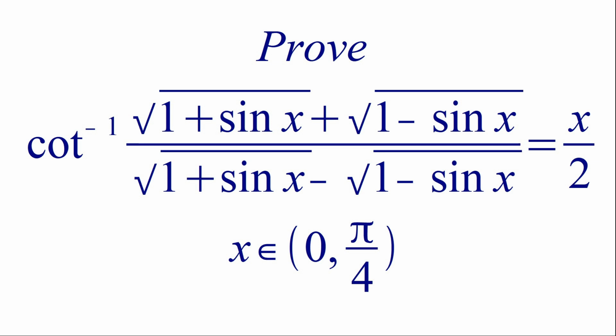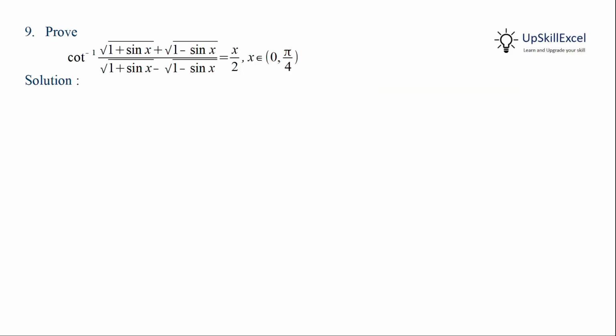Prove that cot inverse of (under root 1 plus sin x plus under root of 1 minus sin x) divided by (under root of 1 plus sin x minus under root of 1 minus sin x) is equal to x by 2, where x belongs to 0 to pi by 4. X belonging to 0 to pi by 4 implies that x by 2 belongs to 0 to pi by 8,